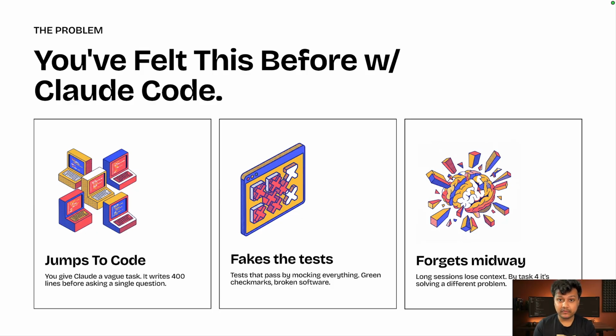When you give Claude any prompt to implement something, it immediately jumps into implementation. It does not ask you any clarifying question, even if the prompt is super vague. And it also does not write tests out of the box. Even when you ask it to write tests manually, it sometimes writes tests that do not add any value to